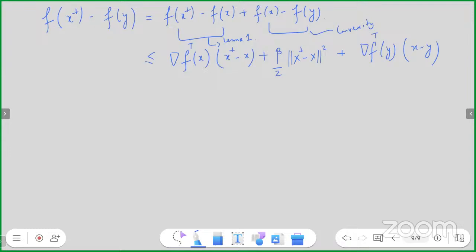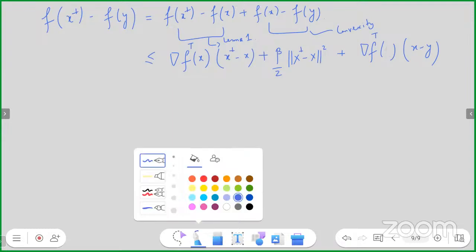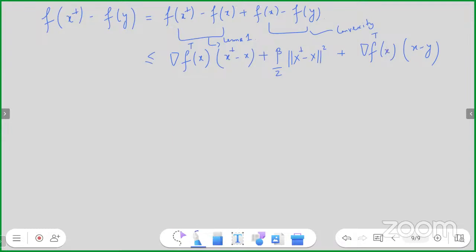Use the triangle inequality of x minus y, so that we can get a term of x term. Okay, keep going. So this should be not x, y, x. Something cancels here, if you have noticed. There's a minus x and there's a plus x. So this goes away and this goes away to get me gradient of f transpose x, x plus minus y